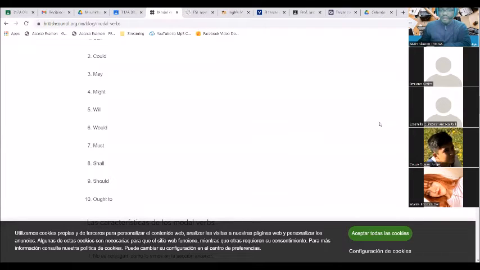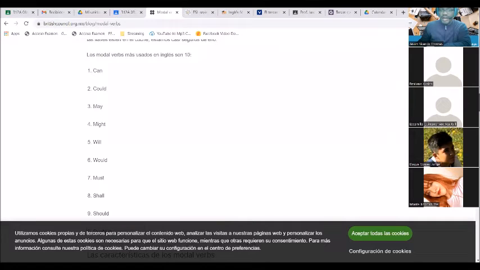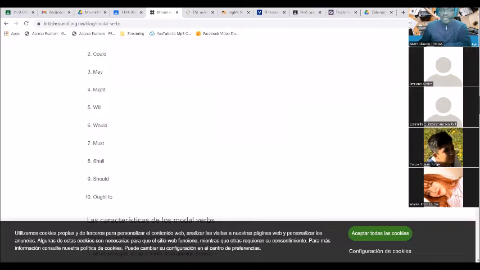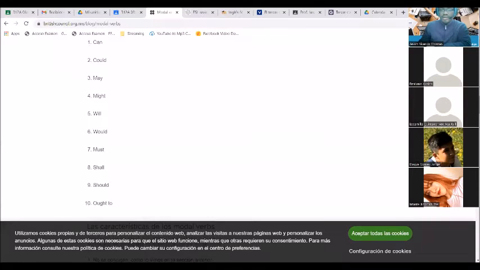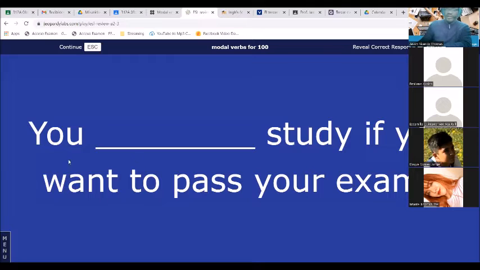Right? These are your modal verbs. Can, could, may, might, will, would, must, shall, should, and ought to. Choose one of those modal verbs for this sentence.